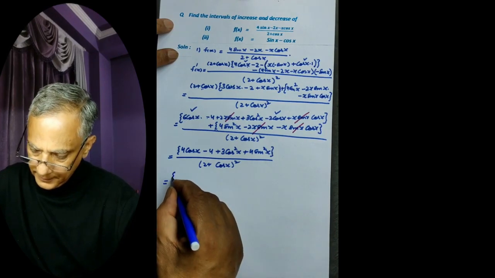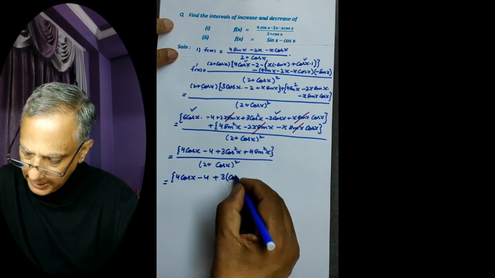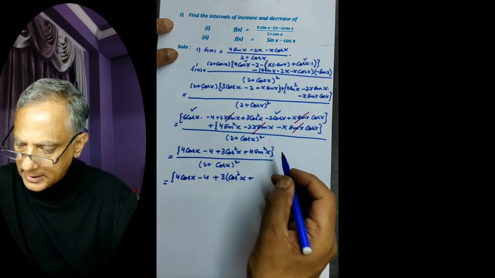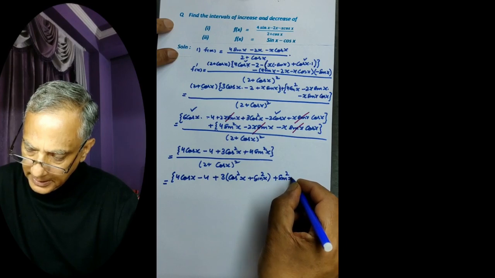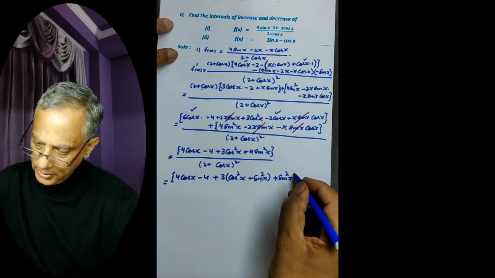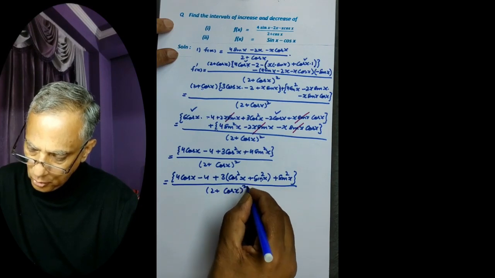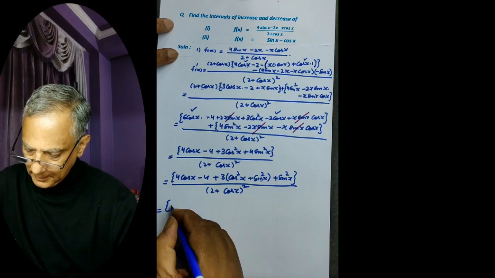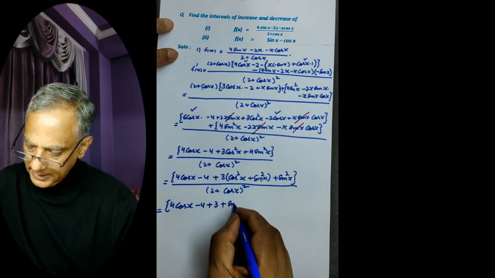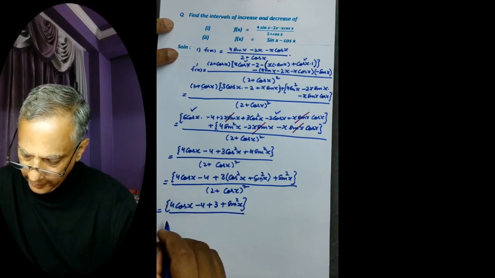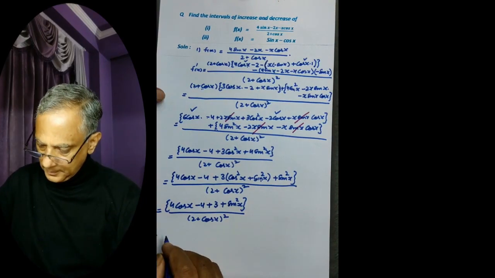So this is equal to 4 cos x minus 4 plus 3 common, we have cos square x plus, I write this as 3 sine square x plus sine square x. So 3 is common, we will have cos square x plus sine square x plus sine square x. This I have written 3 sine square x plus sine square x, whole divided by (2 plus cos x) whole square, and this is equal to 4 cos x minus 4 plus, this will be 3 plus sine square x whole divided by (2 plus cos x) whole square. This is equal to